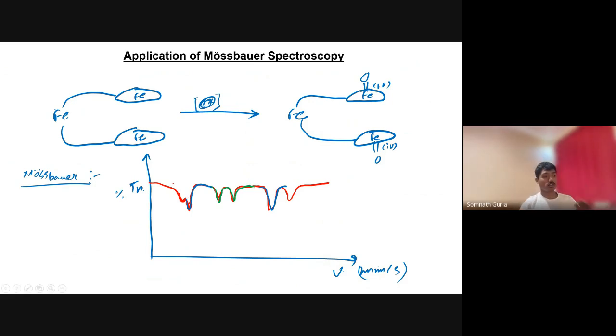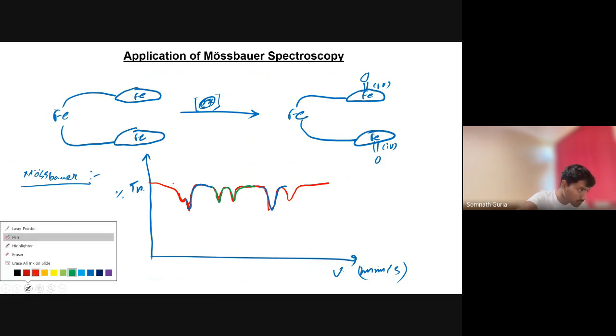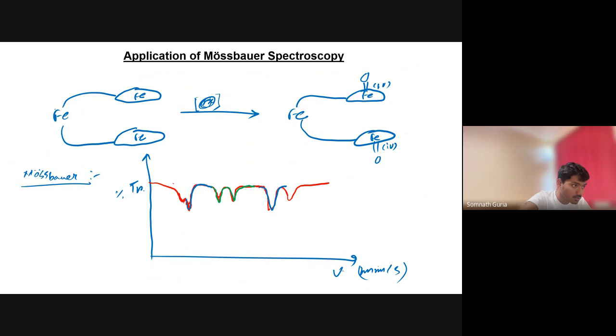The red line represents this one, so with this red line we have a delta value around, so in this case the delta value, delta FeCp equal to